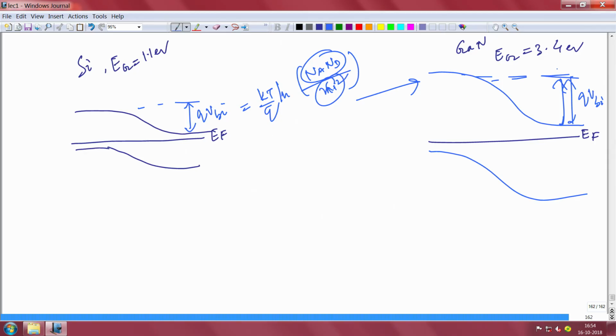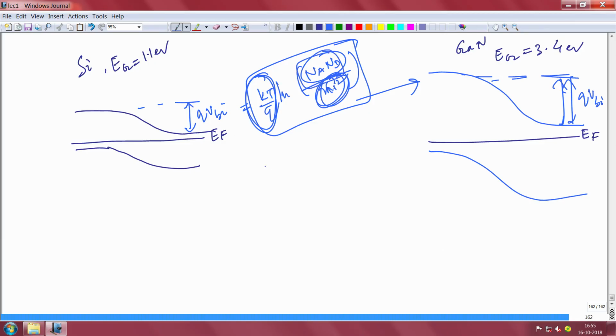And that's very important, as you can look at the dependence on temperature. If you increase the temperature, what will happen? Ni squared will increase with temperature, so this will blow up, which means the overall quantity will have to shrink. So there are many things like this that we have to be careful about while you do device problems. And there could be another thing: when you increase the doping, what happens?